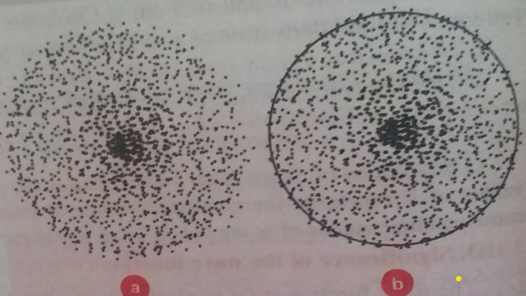Now to understand the concept of electron probability, we will take a hypothetical experiment of the hydrogen atom. In the hydrogen atom, only one electron is present. So here we will take a set of pictures of a particular electron. Now the electron is moving and we are taking pictures at very short intervals of time. After that we will superimpose all the pictures and the final picture looks like this. Now it is clear from the picture that most of the dots lie within a certain distance from the nucleus.